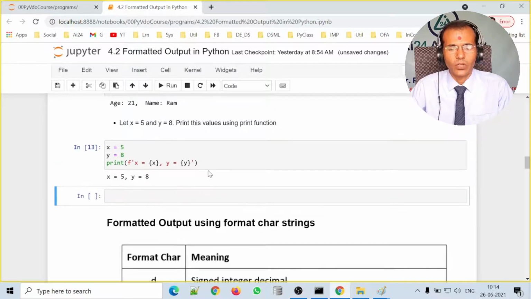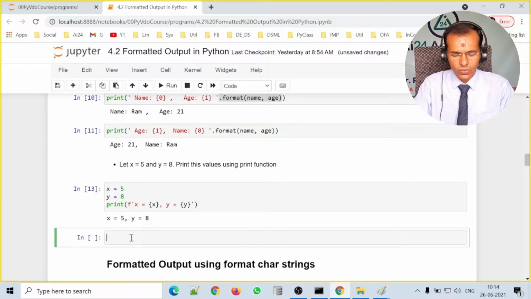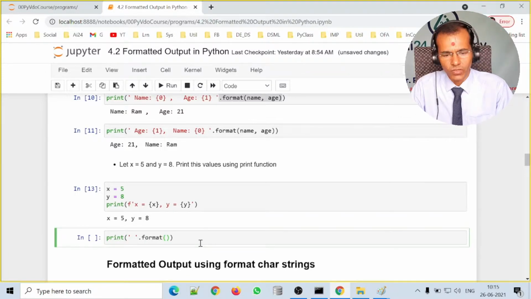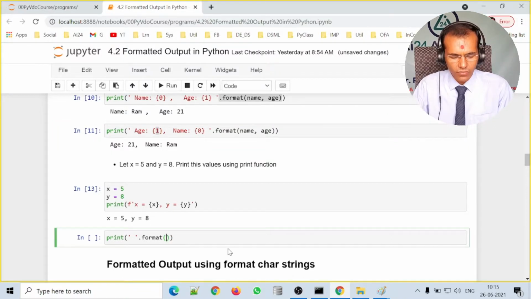Let us print this output using the last option, that is this one. Here we need print, and within print we specify a single quote, and then dot format. We should have a format function like this. We specify the string that we want to print, and then we need to specify the position numbers. Here we have x and y to be printed.